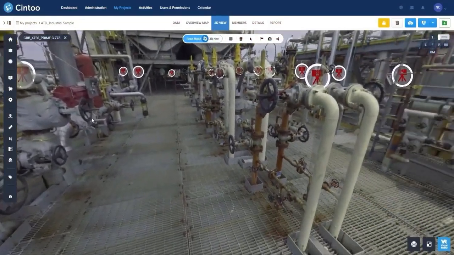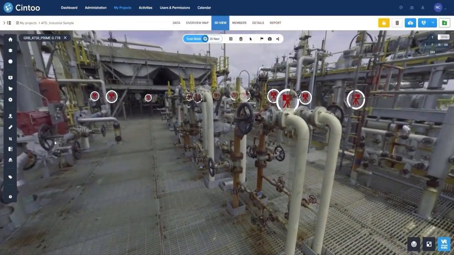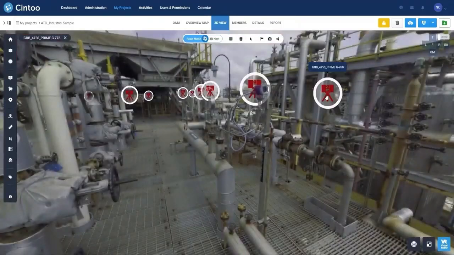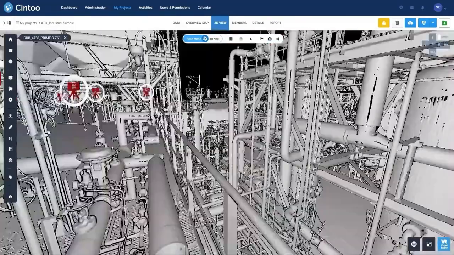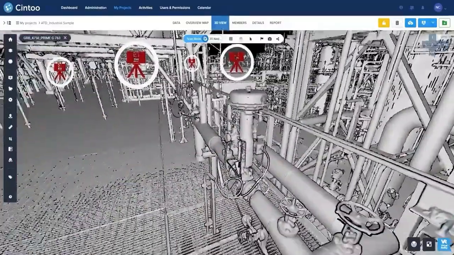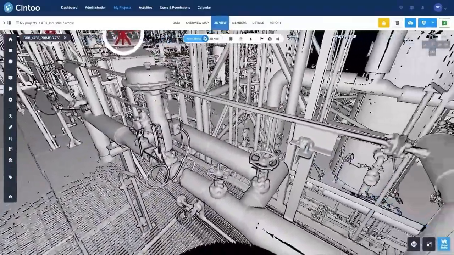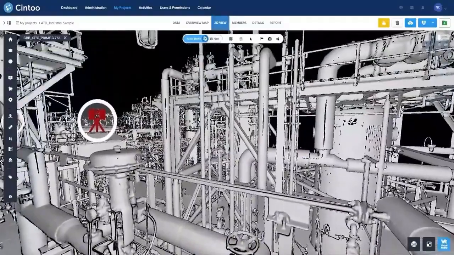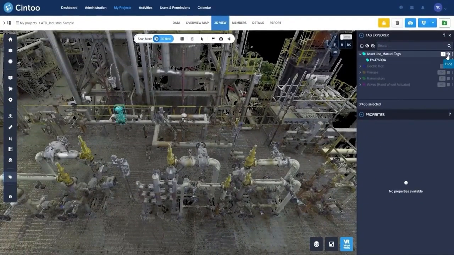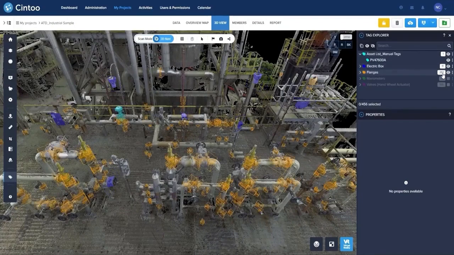Modern laser scanners acquire hundreds of millions of data points called point clouds of your assets. Cintoo effortlessly converts these into easy-to-manage mesh files. Once uploaded to Cintoo Cloud, these digital assets are your greatest source of visual truth compared to outdated BIM or CAD models. Asset tagging and display tools in Cintoo allow you to link physical equipment or parts to their digital